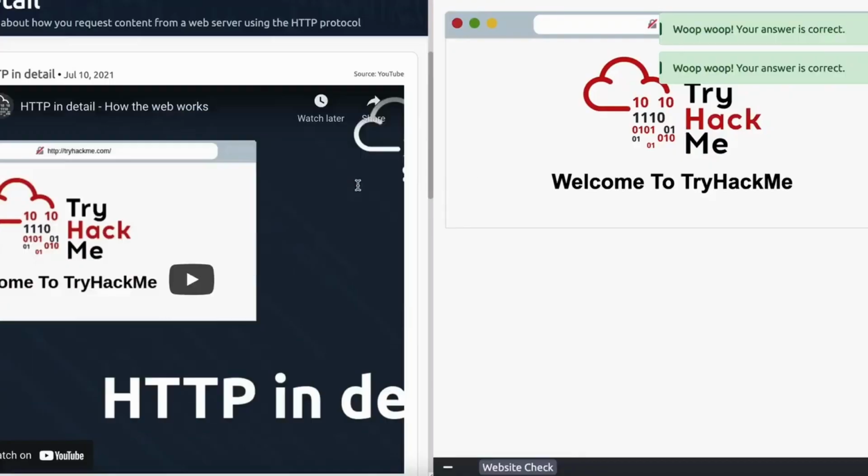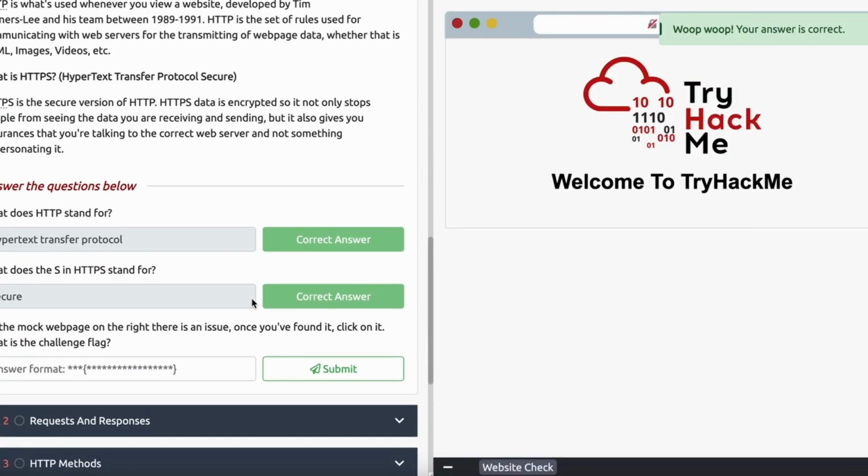Now there are several practical labs here along this walkthrough. You can do that on your own to be able to grab the flag for yourself. It is great practice and great visual representation of what's going on. But right now, let's jump into what exactly a URL is, which stands for Uniform Resource Locator.